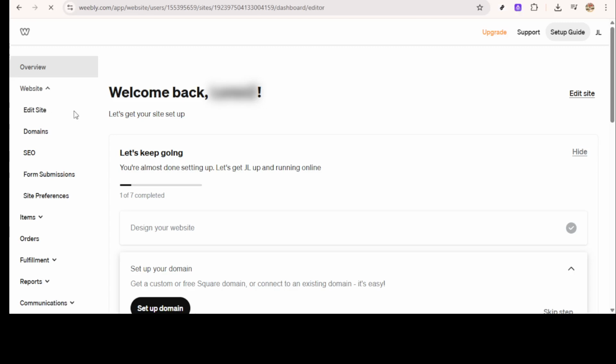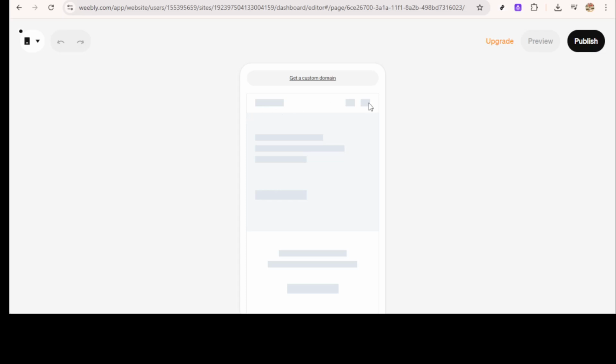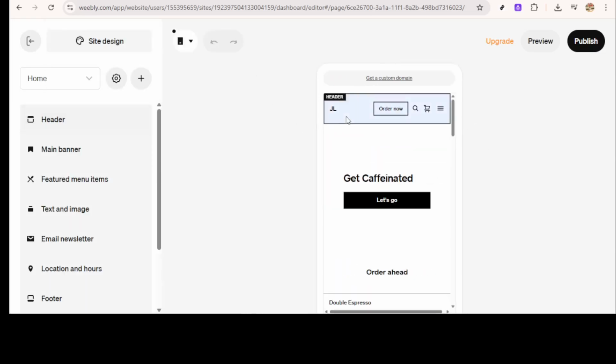Next, click Edit Site. This launches the Weebly editor, where you'll control your pages, sections, and settings. Give the editor a moment to load. Assets like themes and page previews may take a few seconds. It's a good idea to confirm the site name in the top bar so you know you're editing the correct